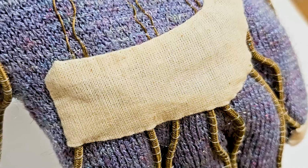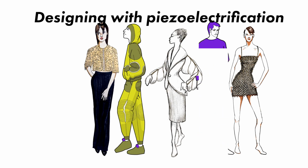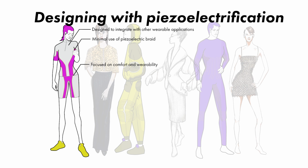Through this prototype, I have developed some general principles that could support the integration of piezoelectric braids in other designs. Different design problems will dictate the amount and application of the technology within the garment. As an example, energy production considerations in activewear will be completely unique from those in high fashion. Athletes and fitness enthusiasts are interested in tracking and accessing data using wearable technologies. The opportunity for piezoelectric components in activewear is in integrating with biometric sensors for measuring pace, steps, heart rate, or